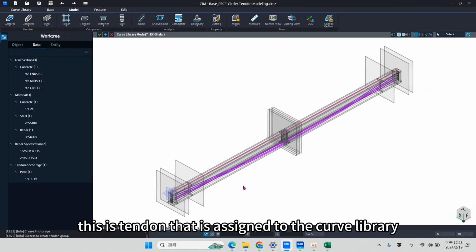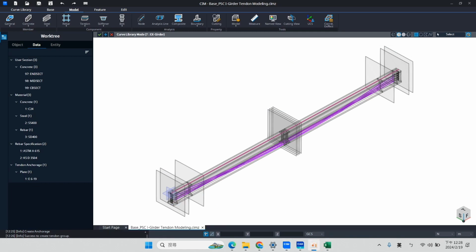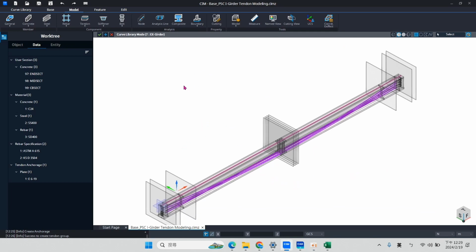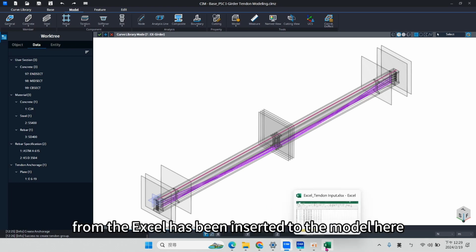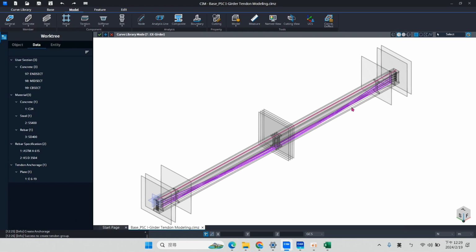This is the tendon that has been inserted to the curve line, because this exported data from the Excel has been inserted to the model here.